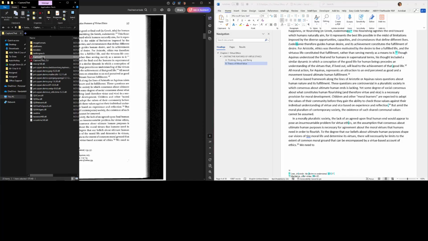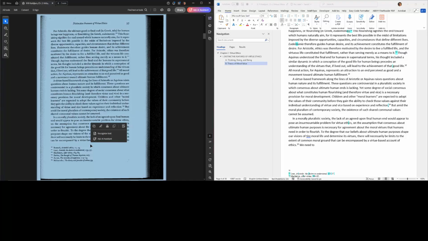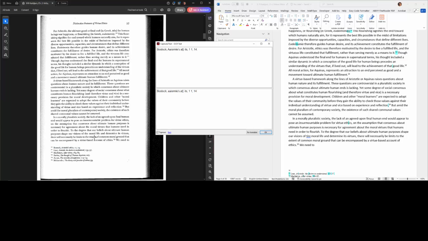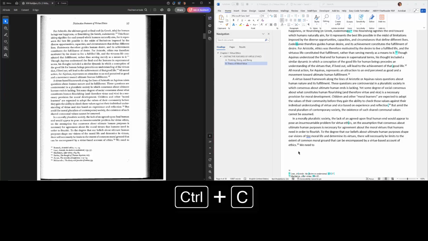Capture, run that. And now that it's running, I'm going to do Windows Q, drag a box around that text. And it's a pretty accurate version. So I can just paste that.